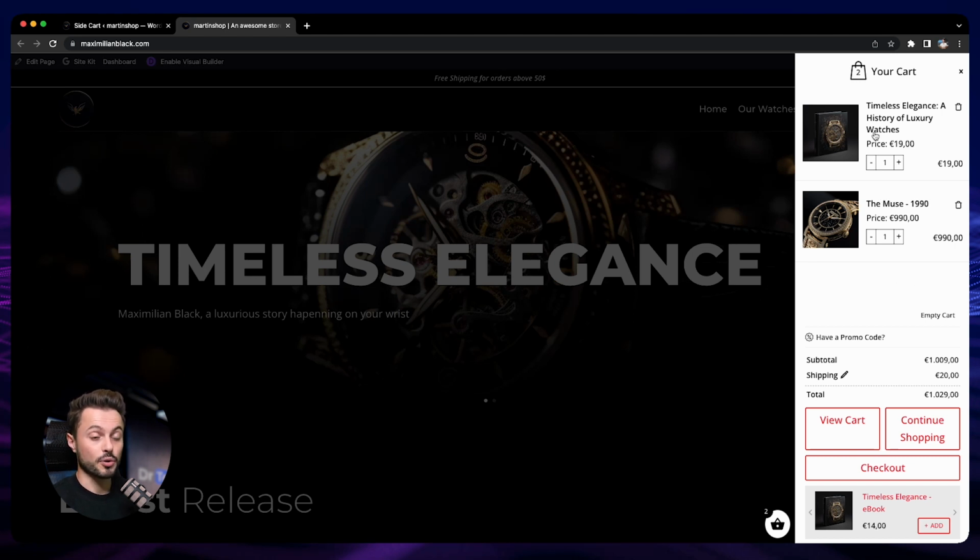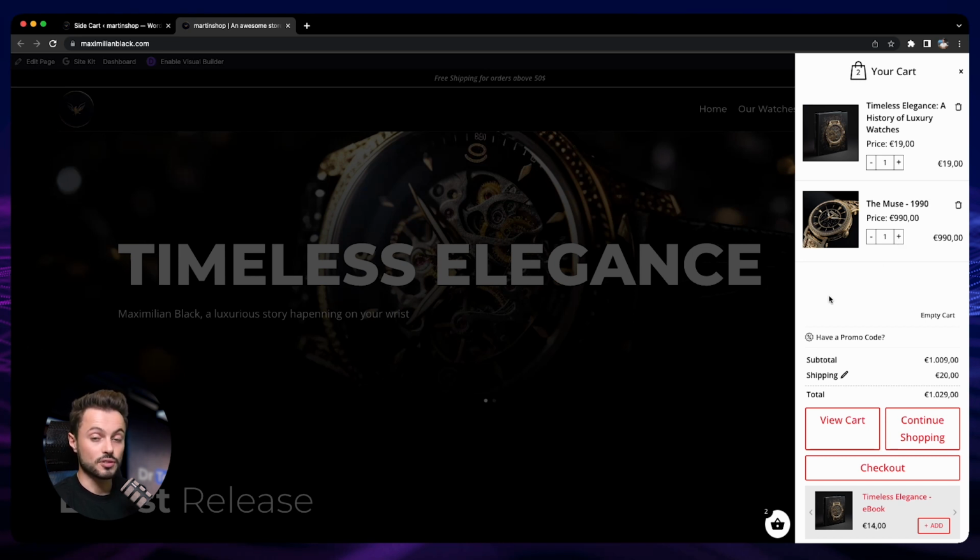our cart. So currently I have 2 products, and then directly from here, we can change the quantity, we can remove product, we can also directly add a promo code or go to the cart page or even directly go to the checkout page. And also something really cool is that at the bottom, you can suggest product as well. So then people can discover your product and add them to their cart. As it is displayed on all the pages on our store, it's very easy for people to navigate on your